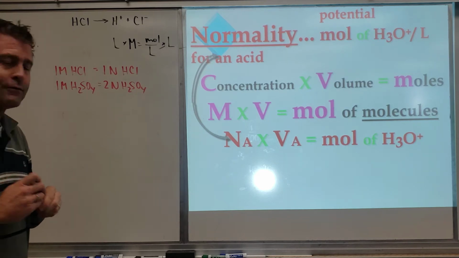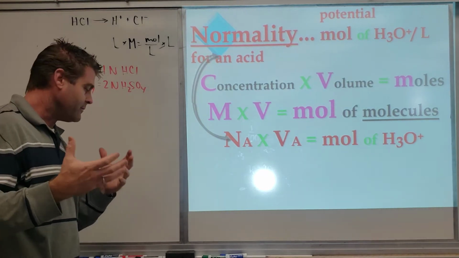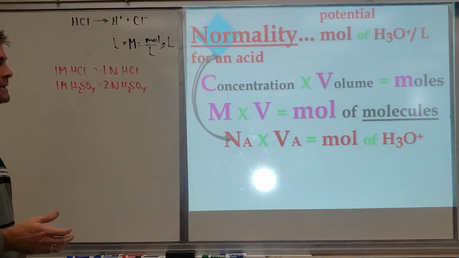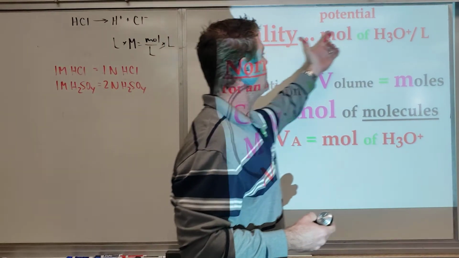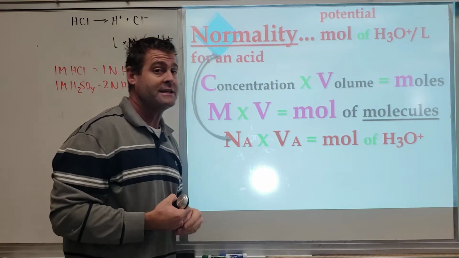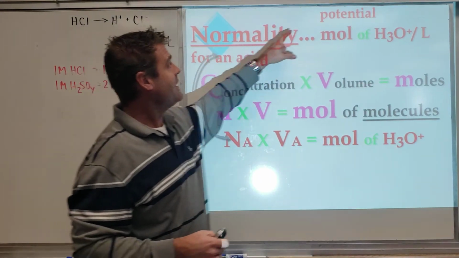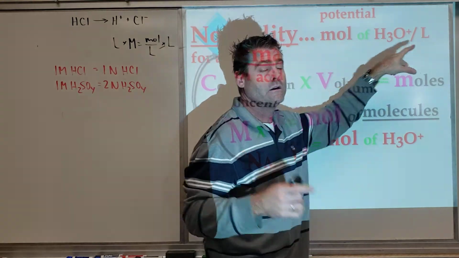So that's the slight difference, you guys, between normality and molarity. Hopefully you realize it's not terribly different. Now, if we're going to be talking about the normality of a base, I bet you could define for me how the normality of a base is defined. If the normality of an acid is defined as the potential moles of hydronium ions per liter,